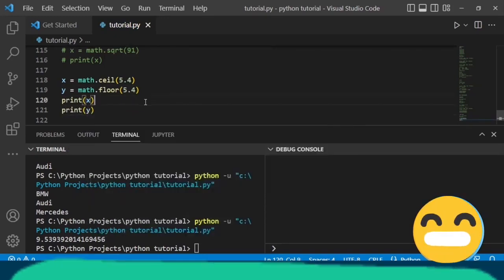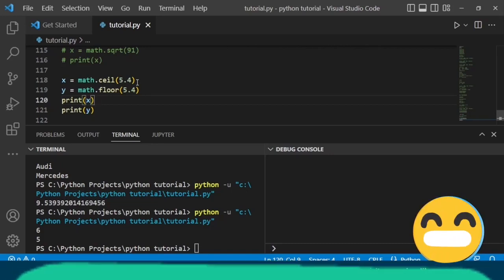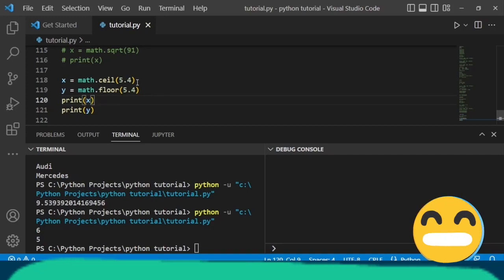Now we'll save this and run the program. You could see that it has returned the value 6, that is, it returns the value upwards to its nearest integer. We have the value 5.4 in between integer 5 and integer 6, and the upward value which corresponds to 5.4 is 6. So it has returned the value 6. And with the floor function,